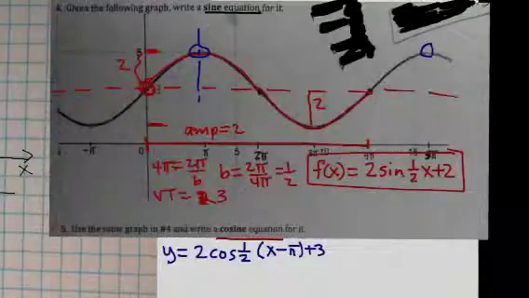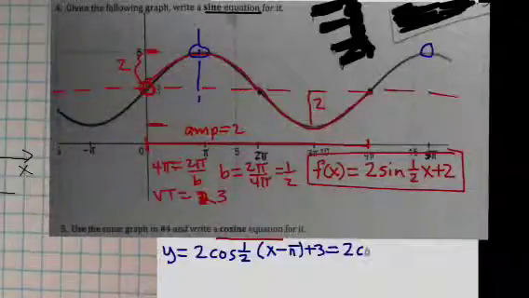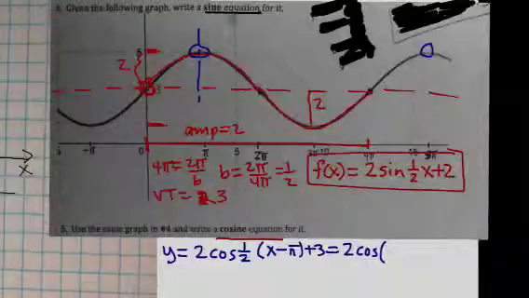Okay, because remember, both equations, 4 and 5, have the same amplitude, same period, same vertical translation. Now, some of you distributed the 1/2 but didn't do it correctly. If you wanted to distribute the 1/2, it should have been 2 cosine parentheses 1/2 x minus pi over 2